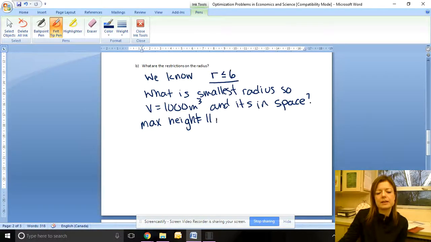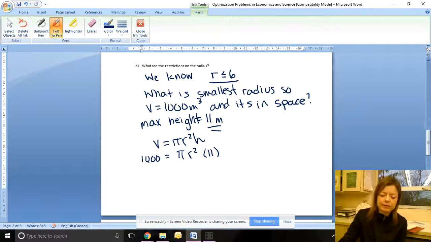Max height is 11, so that's what we're going to use. So we're going to take our volume formula, volume equals pi r squared h, and put in 1,000 for our volume, pi r squared, and 11 for our height. And when we solve this equation, we will find the radius that occurs when we have the volume and the highest height, which is the smallest possible radius in this case. So when you find this, you get your radius to be 5.38 meters. Okay, so therefore our radius has to be between 5.38 meters